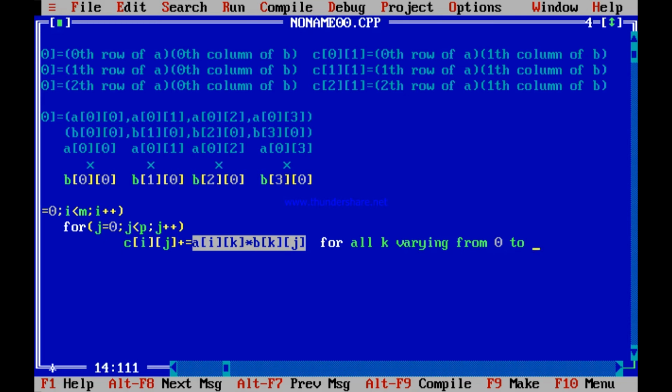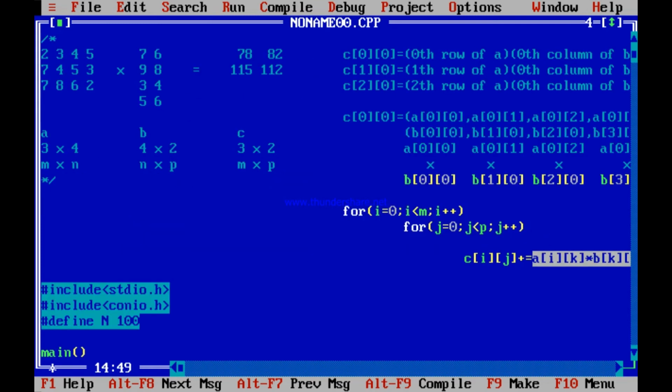So 0 to which number? The matching number, m cross n and n cross p. So n for all k varying from 0 to n. So here you need another for loop for k equal to 0, k less than n, k plus plus. This thing has to be done. Why k equal to 0? Because this n matches.